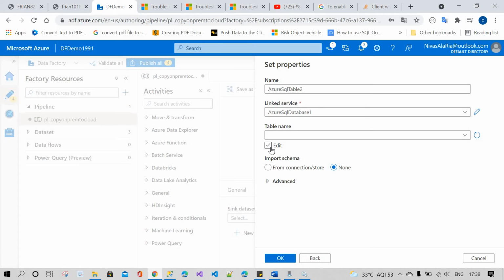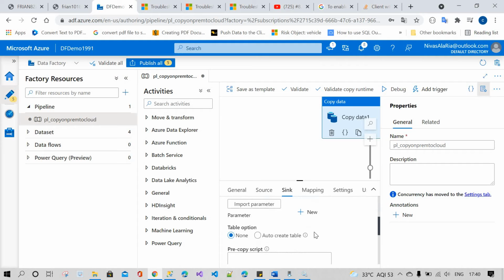I already have it on-premises, so I want to copy that table into Azure SQL database with a separate name: dbo.products copy. This products copy is where it will be stored in the Azure SQL database as a new table. Click on OK.